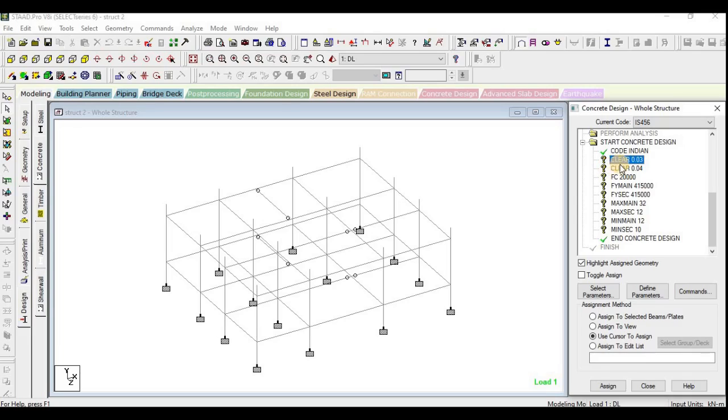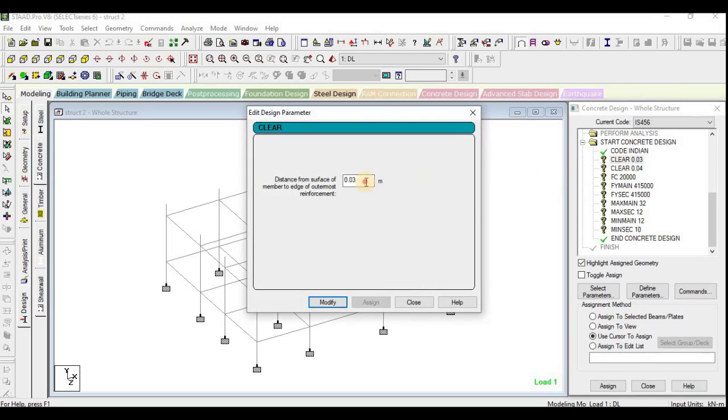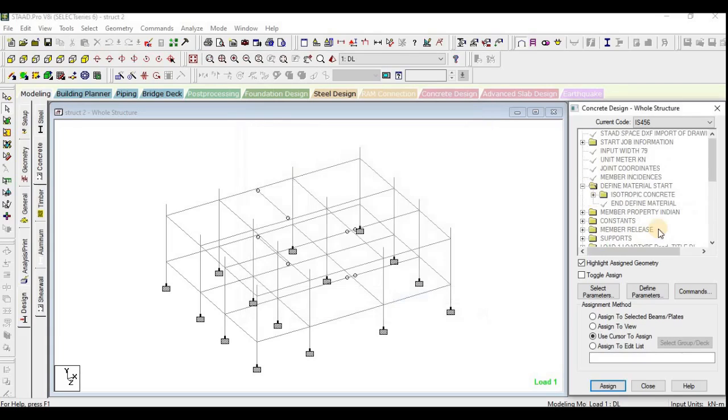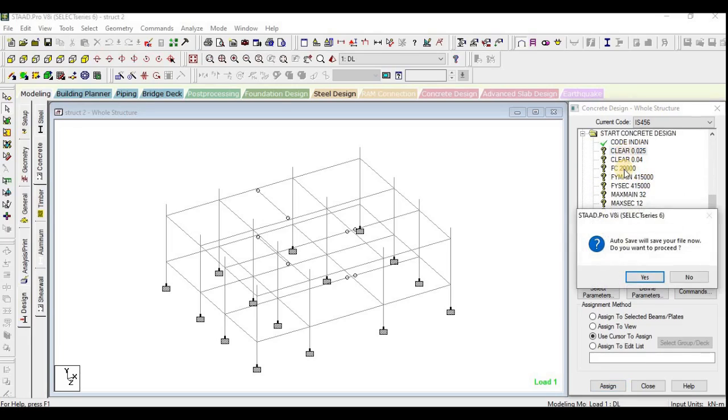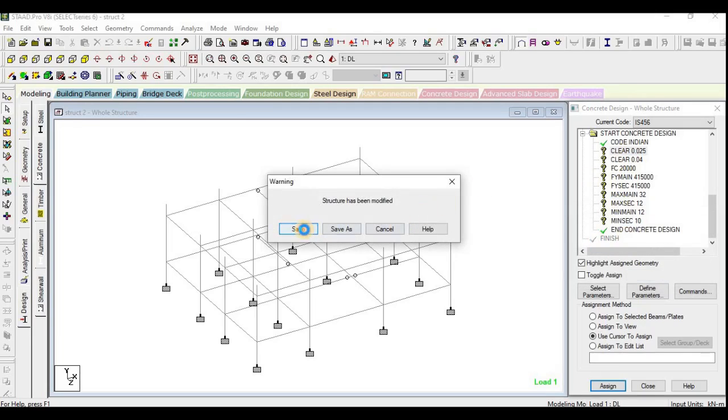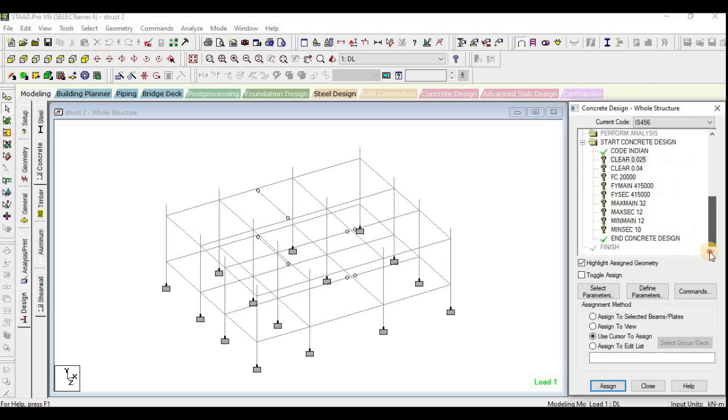Now I have told that I chose 30 mm. If you need to modify, just double click this and you can modify it. Here it is 25 mm, so I can give this 25 mm and it is modified. Then close. Now we can see it is modified. I told that this 25 mm dimension is for beams, that is the clear cover.